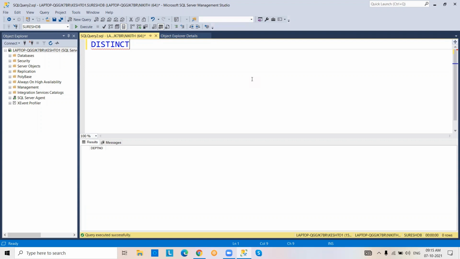Unique data means without duplicates. For example, select salary from employee table. 1250 appears twice, 3000 appears twice. That means there is some duplicate data in the salary column.